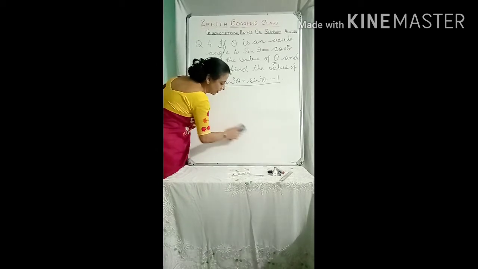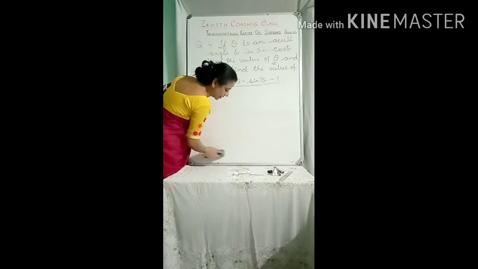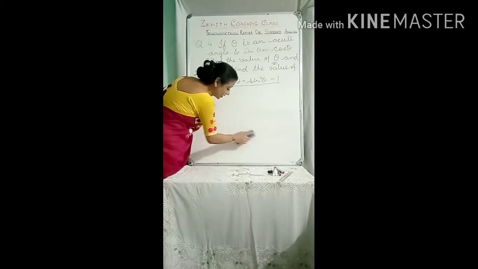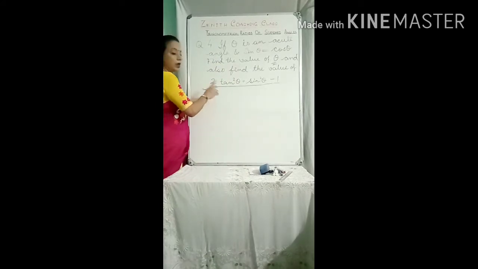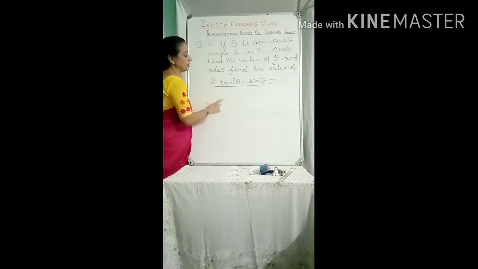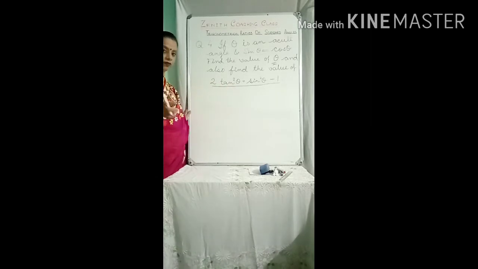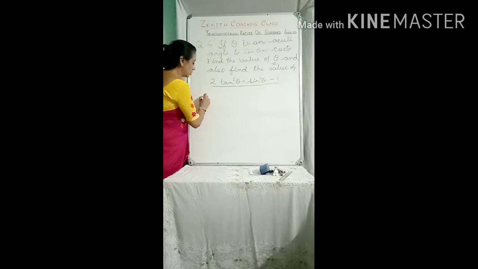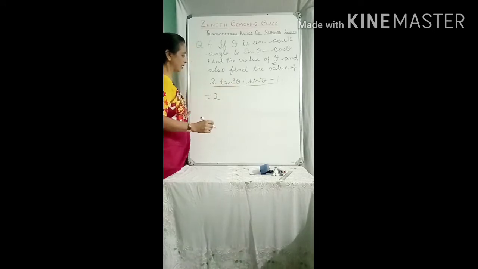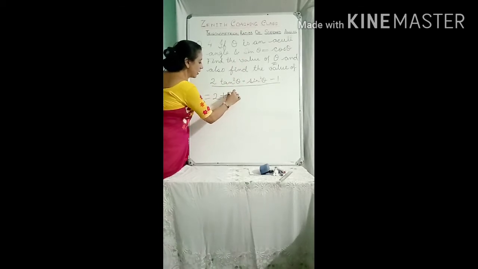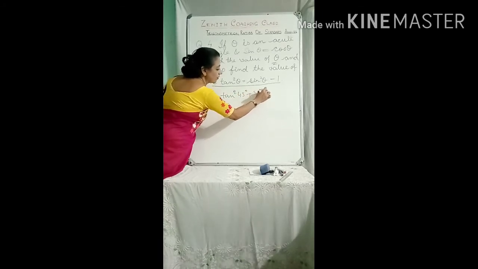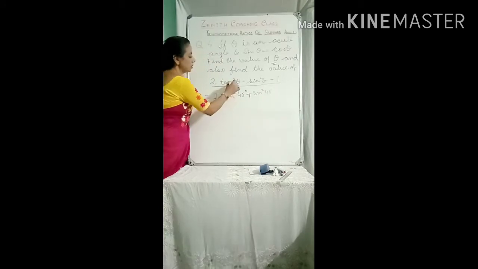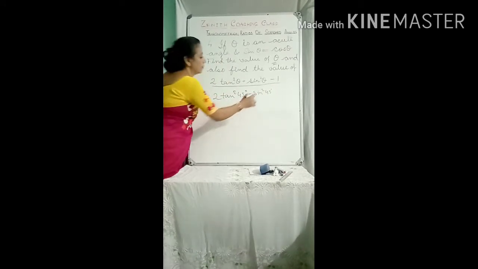So now we will move to the next sum. So theta is equal to what? Theta is equal to 45 degree. Now come to this sum: 2 tan square theta plus sin square theta minus 1. You have to find out this value. So it is 2 tan square theta, where theta is 45 degree. So tan square 45 degree plus sin square 45 degree. Just put theta as 45 degree. Minus 1.